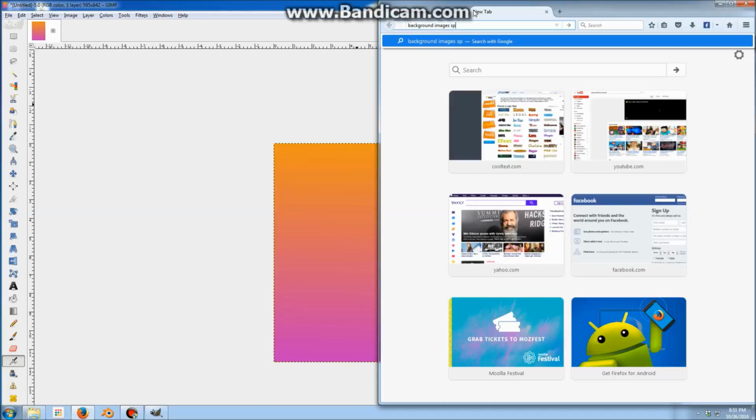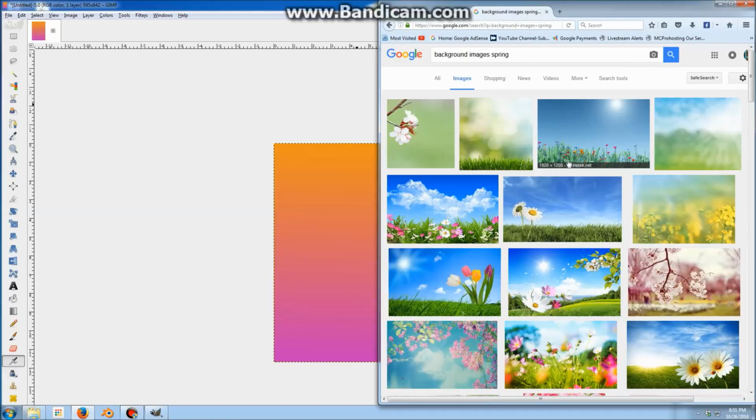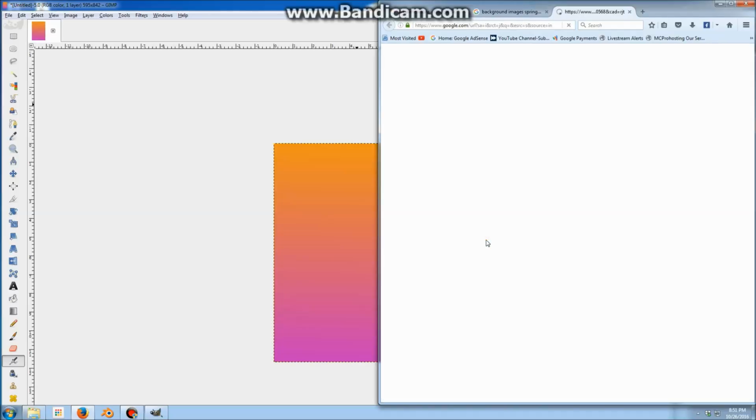I don't know, let's say spring. Alright, and we're going to go into images. And I use Google because I like the waves the best. So we're also going to go here. This is very springy. I like this. It's very colorful. And so what you want to do is you want to try to get that to the